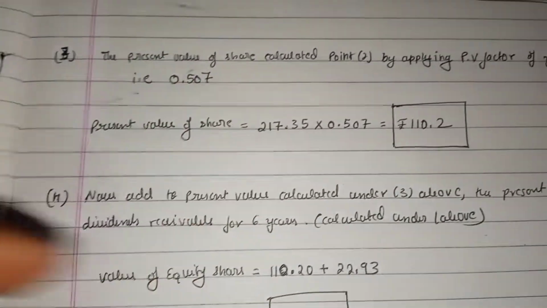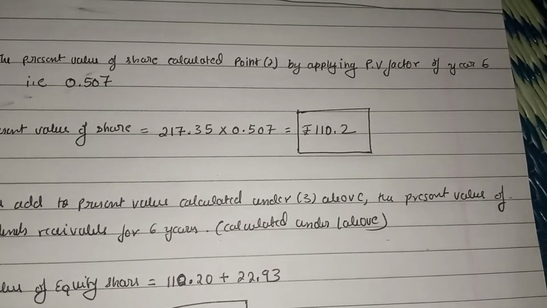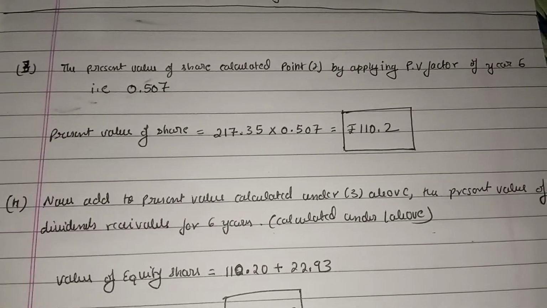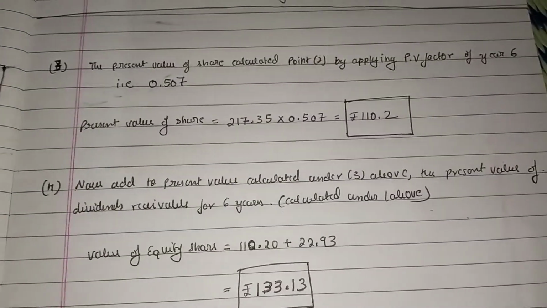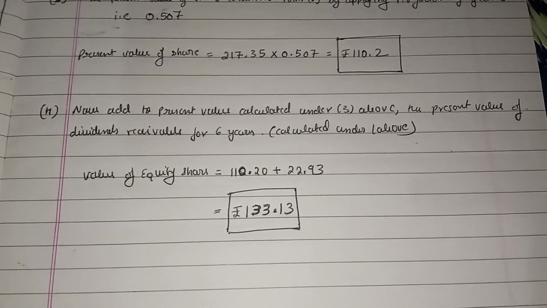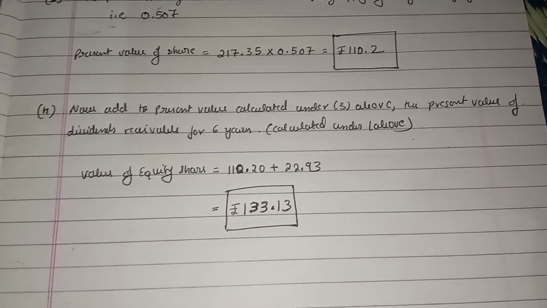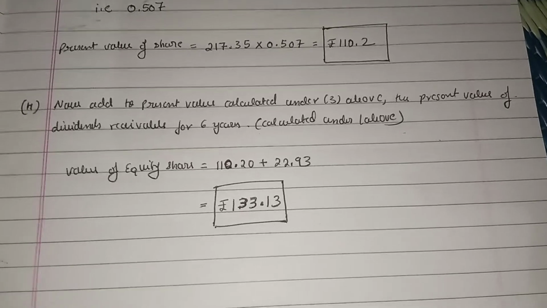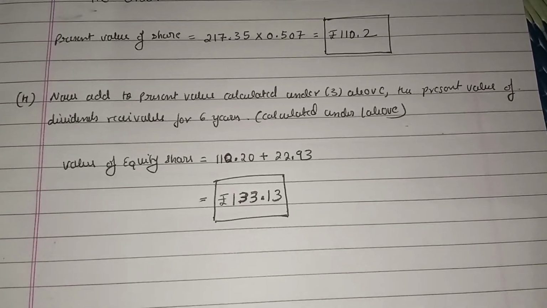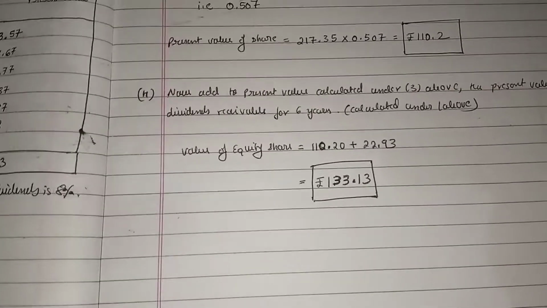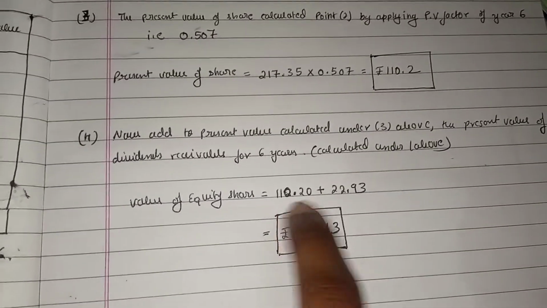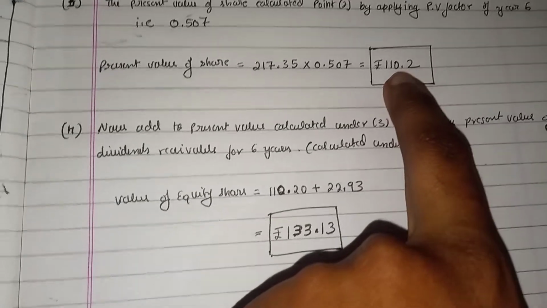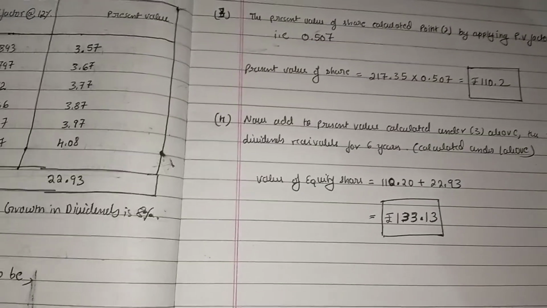Now the present value of the share calculated under point 2, by applying the PV factor of the year 6, that is 0.507. If you calculate the present value of the share, you will get 110.20. Now add to the present value calculated under 3 above the present value of dividends receivable for 6 years calculated under first above, meaning this one. Under 3, you can observe this is under 3. So if you add things, that is 110.20 under 3, and